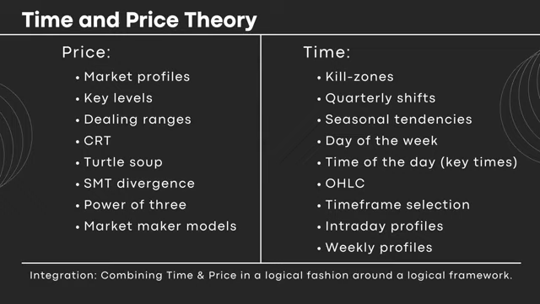Next up we've got day of the week, right? Now the two concepts above, quarterly shifts and seasonal tendency that we discussed, they basically help us in identifying expansions in the yearly range or on a monthly basis, right? Meaning you could find high probability expanding months with those concepts together, right? And now with the day of the week, we're finding high probability days instead of months, right? And we'll discuss that in a minute, right? And next up is the time of the day, which is basically kill zones and key macros or key times during the day, which could be matched with other concepts and can lead you to have a good margin of